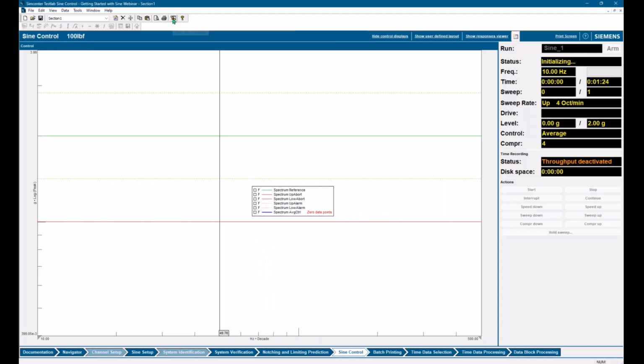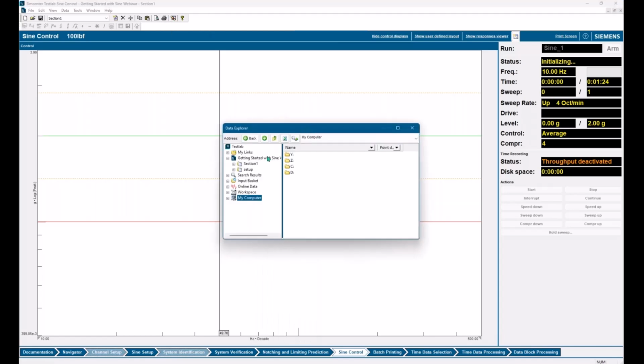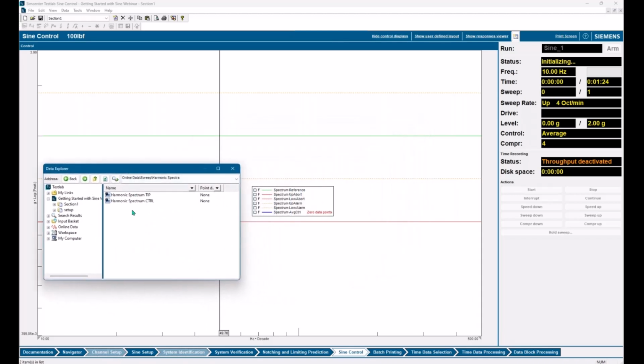I am going to pull in my other data. To do that, I'm going to open Data Explorer here. I'm going to go into Online Data, Sweep, and then Harmonic Spectrum, and pull out my tip harmonic in here.